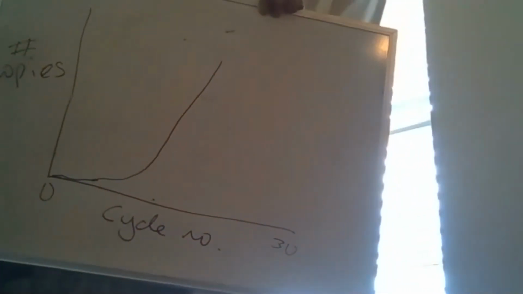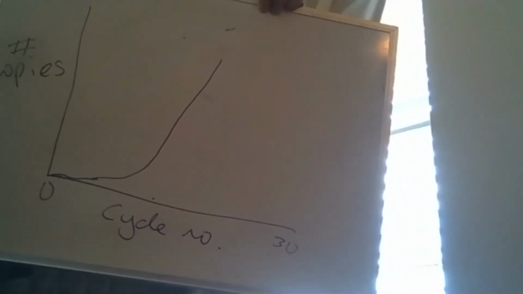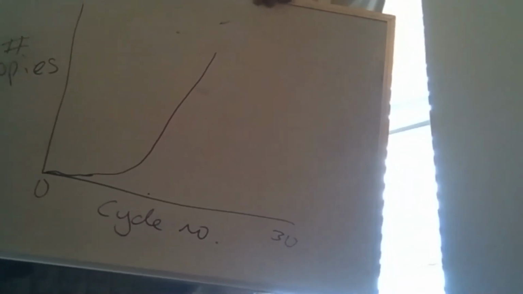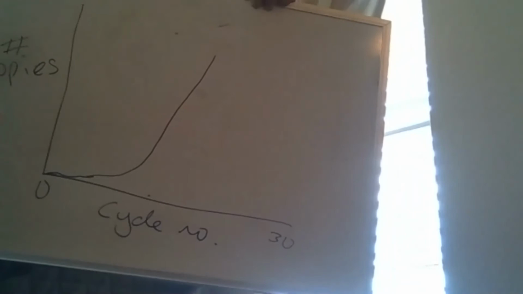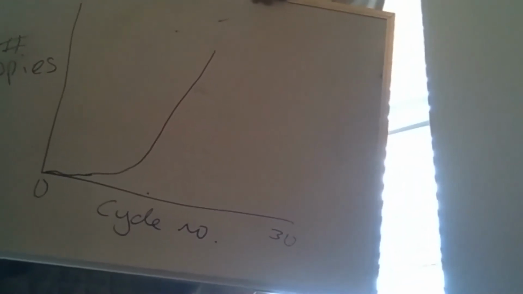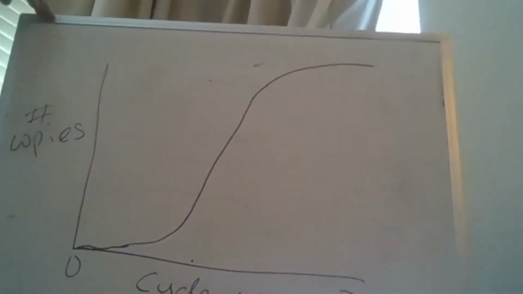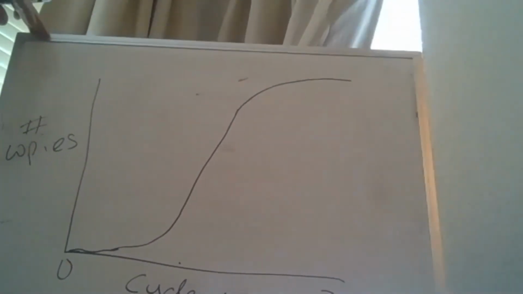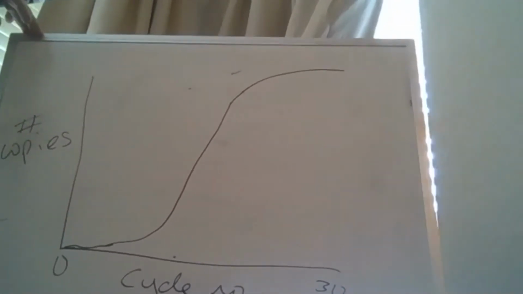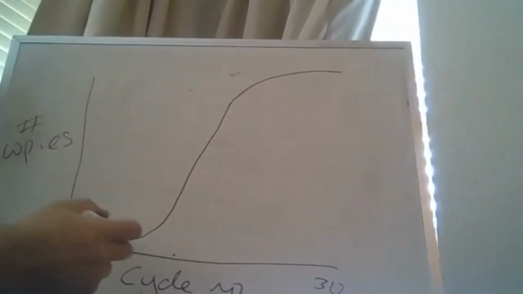After a while, however, the polymerase gets a little bit run ragged by being heated up to 94 degrees Celsius a whole bunch of times. And also dNTPs may start running out, or maybe the primers, even though we provide quite an excess. And so after a while, that curve kind of levels off. It's actually quite similar to a bacterial growth phase, to be honest. You know, nothing very much happening down here. This is our